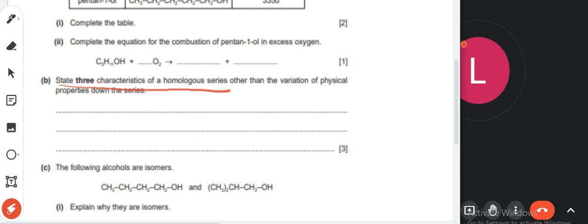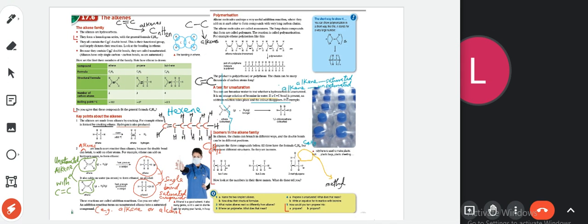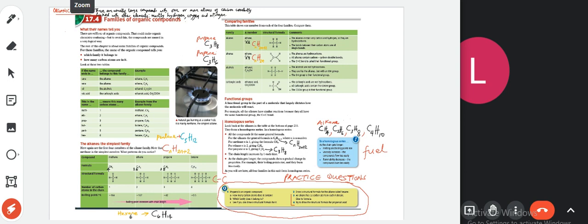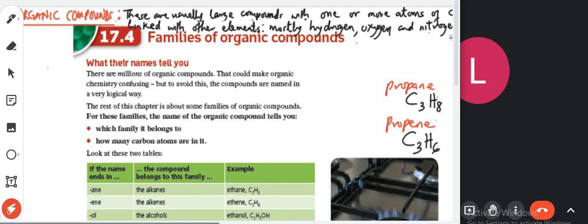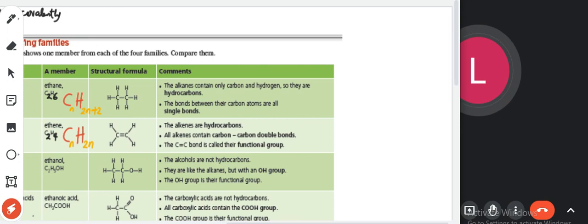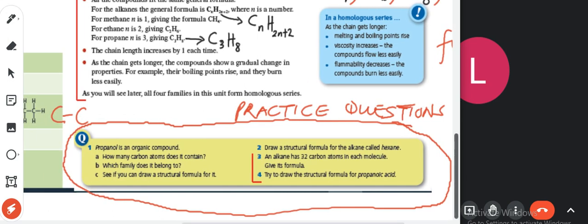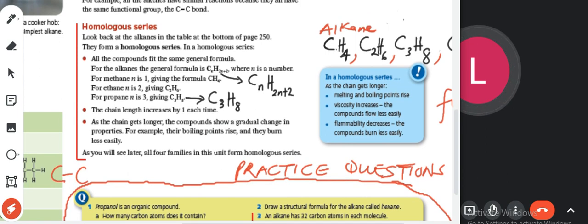It says state 3 characteristics of homologous series other than the variation of physical properties down the series. I have mentioned that in the previous lesson, but just a reminder. Homologous series have a particular pattern. This is what you find among homologous series. They have the same general formula,